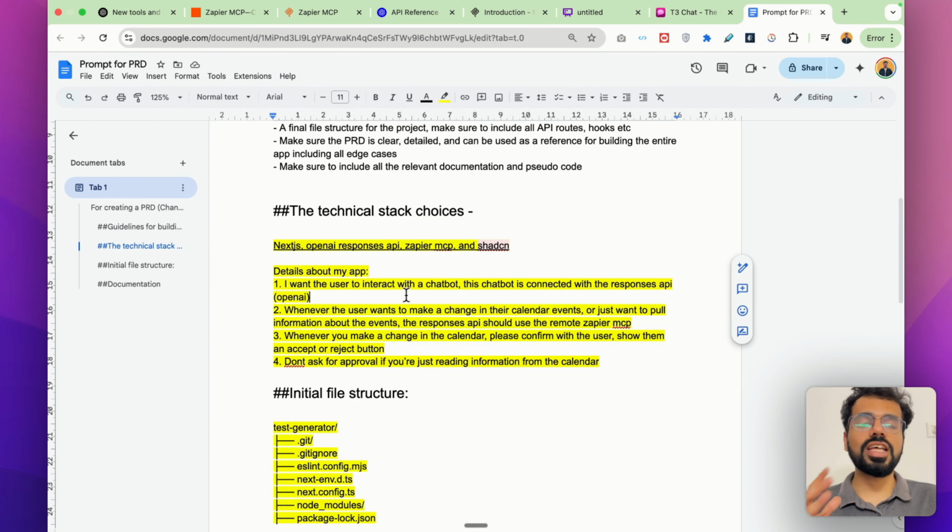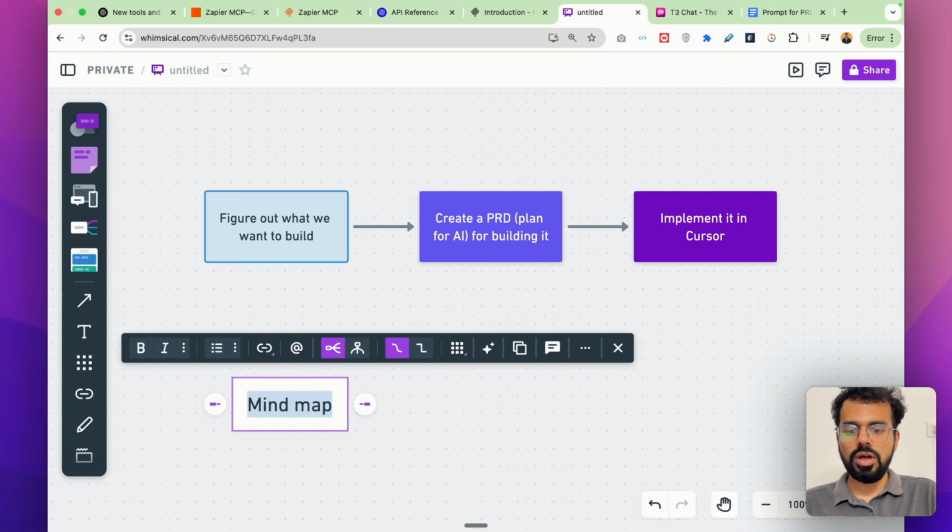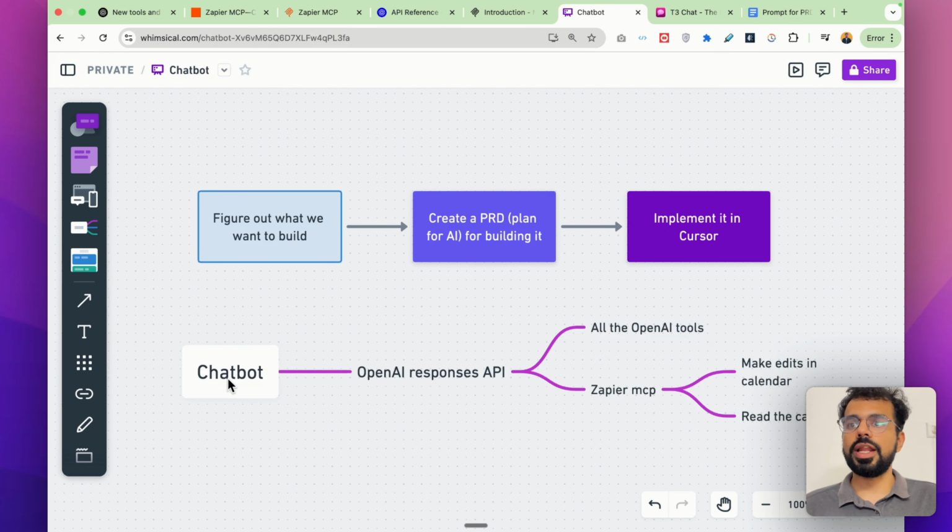Now, next, I've added the details for my app. The first pointer is I want the user to interact with the chatbot. This chatbot is connected with the Responses API in the background. The second thing is whenever the user wants to make a change in their calendar events or just wants to pull up information about the events, the Responses API should be using the Zapier MCP in the background. So this is how the flow looks. A chatbot is directly connected with the OpenAI Responses API.